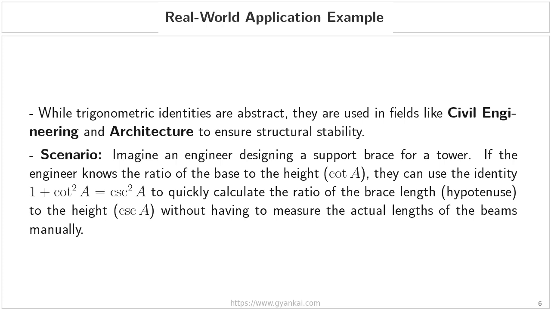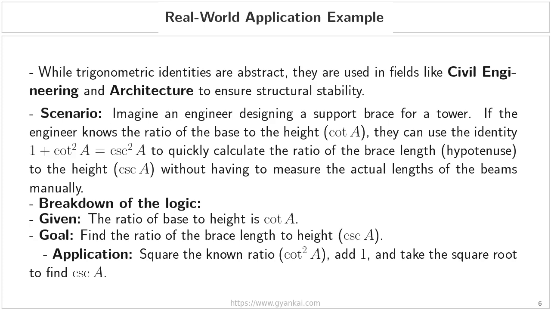If you know the ratio of the base of the brace to the height of the tower, which, as we learned in our derivation, is the cotangent of angle A, you can use our identity, 1 plus cotangent squared of A equals cosecant squared of A, to quickly find the ratio of the brace's length to the tower's height. This allows you to calculate the cosecant of angle A without needing to manually measure the actual lengths of the beams on site. To break down the logic of how we apply this, first, we start with our given information,